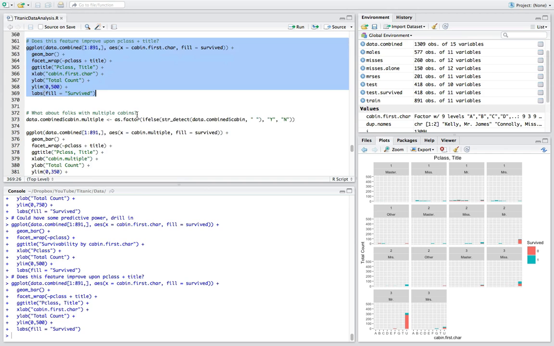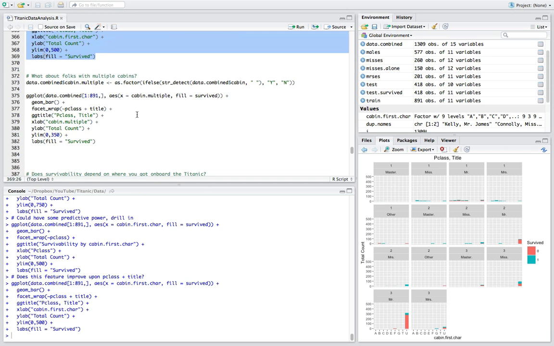So I won't belabor that. But the one thing that we identified that maybe we should check that could be interesting was, what about folks with multiple cabins? The intuition would be that if you've got multiple cabins, you're probably pretty well to do, right? Because